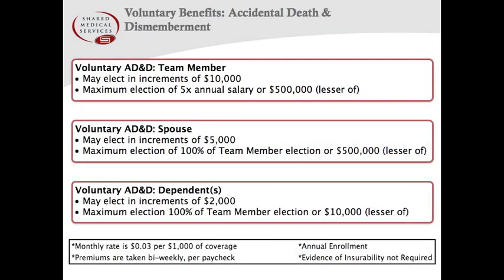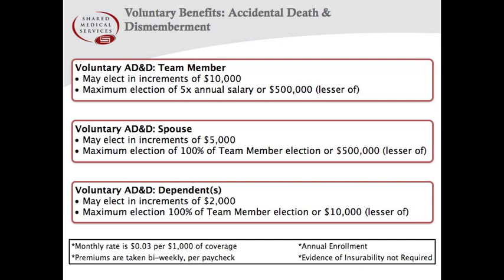Team members also have the opportunity to purchase additional life and accidental death and dismemberment, or AD&D insurance. Premiums for these additional insurances are deducted bi-weekly through payroll. Team members can elect increments of $10,000 to a maximum of the lesser of 5 times the annual salary, or $500,000. Spouses may elect increments of $5,000 to a maximum of the lesser of the team member's total election, or $500,000. Dependent children can have coverage in increments of $2,000 to a maximum of the lesser of the team member's